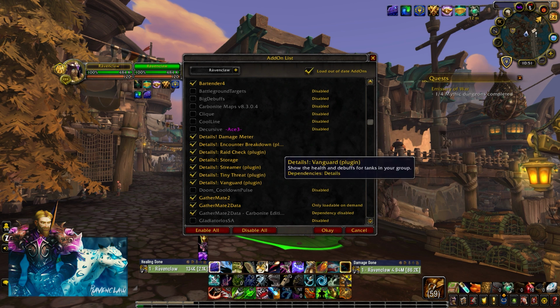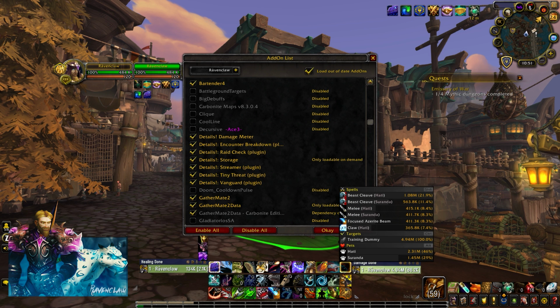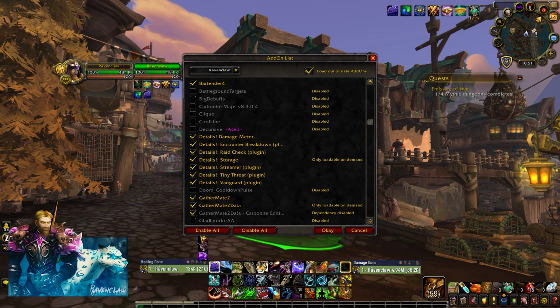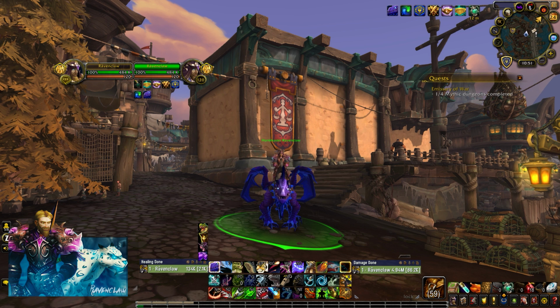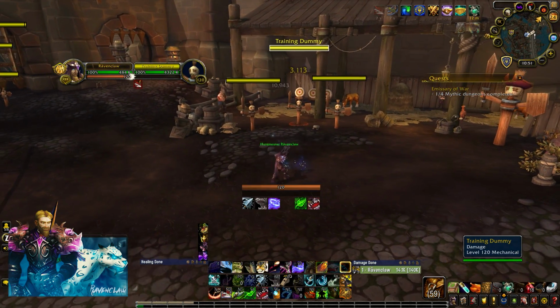Alright, so the next one is Details. Details, this is just a damage meter sort of tracker, but it is more than that. And you might be thinking, okay, some people I don't really care about looking at my damage and stuff, but not only is it important to see where you're sitting with others, but with this, right, so for example, let's just go here and smack these things around for a little bit,